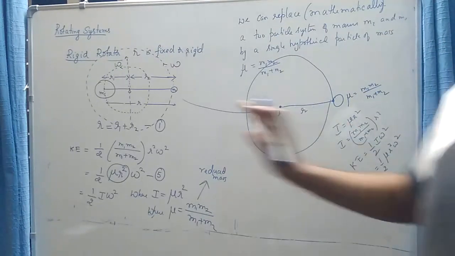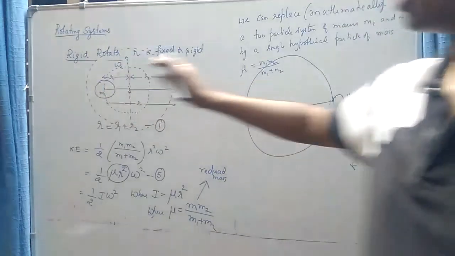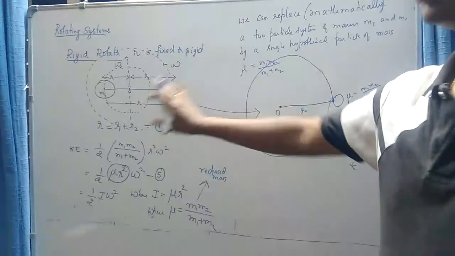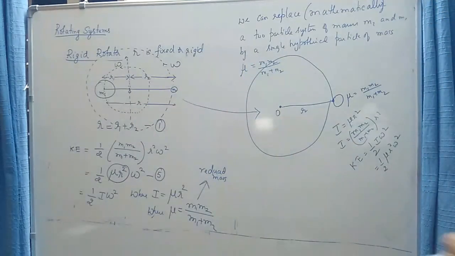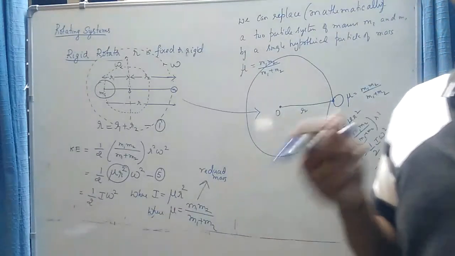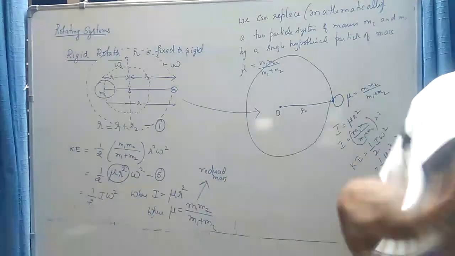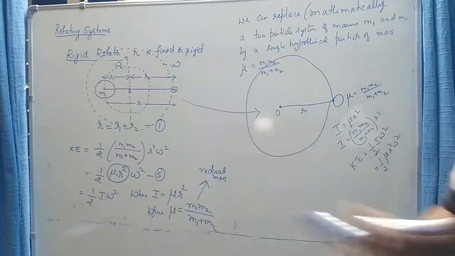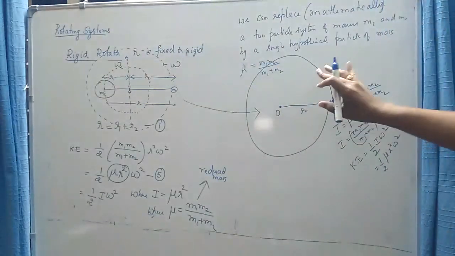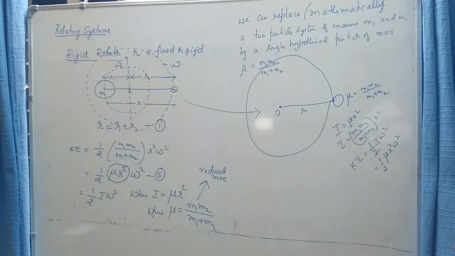So mathematically these two give the same result. Whether I use this model or that model, the kinetic energy and the moment of inertia of both models are one and the same. So though these models are physically different, mathematically they give the same result. So we simplify the problem mathematically. We replace the entire two particle problem by a single particle problem, where we have an imaginary particle of mass equal to the reduced mass.